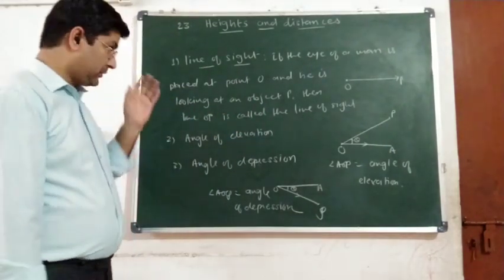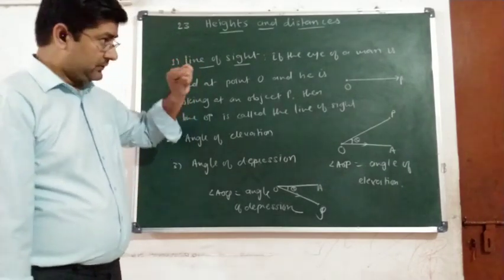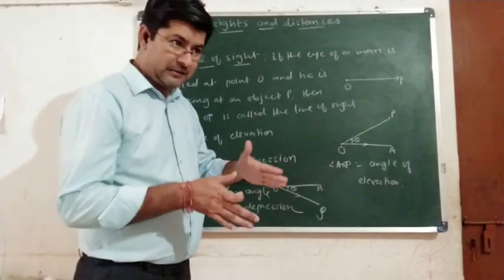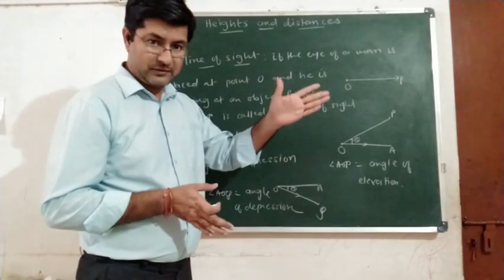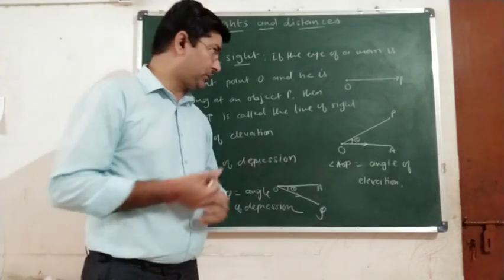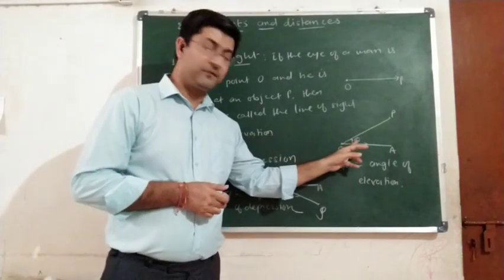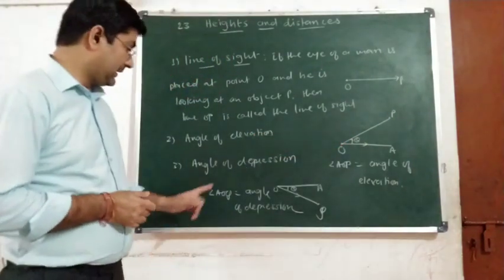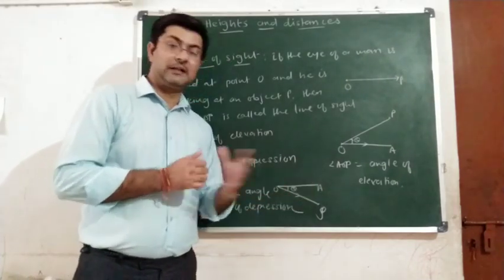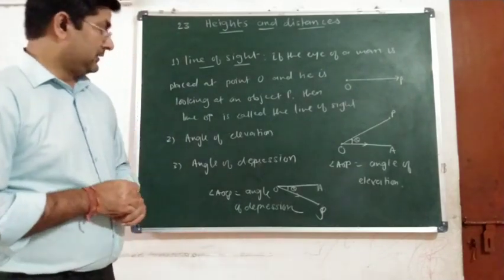Is it clear? So three terms we will remember. What is line of sight? We can imagine a line or ray which is passing through our eyes and joining the point of the object. Clear? Like that also you can understand. Angle of elevation is the angle formed between the line of sight and the horizontal. Similarly, angle of depression is the angle formed between the horizontal and the line of sight. Clear? You will note an important thing,